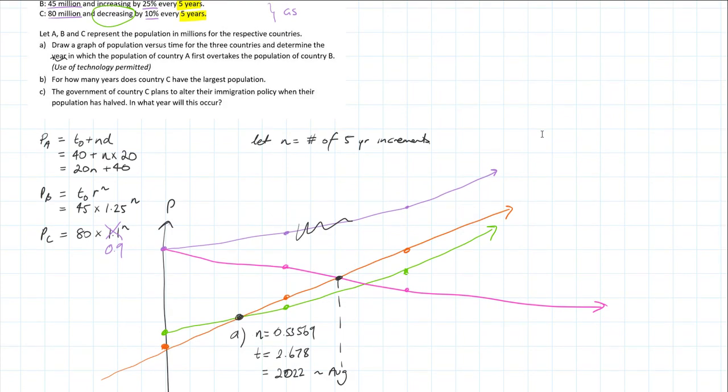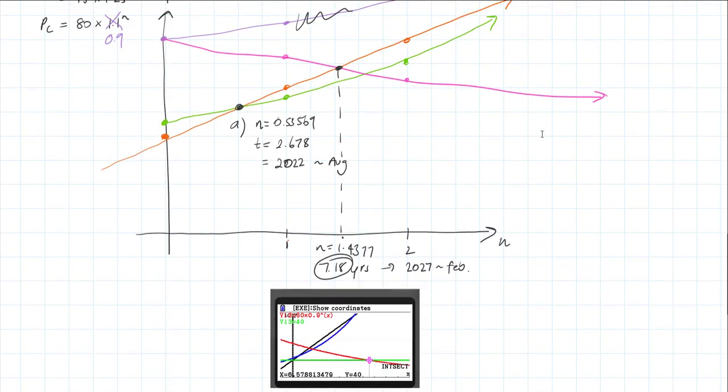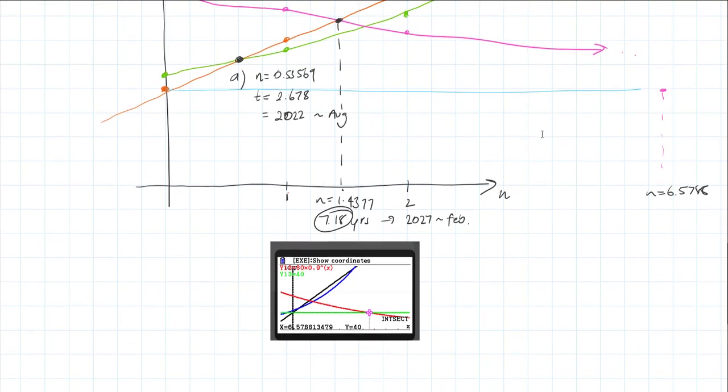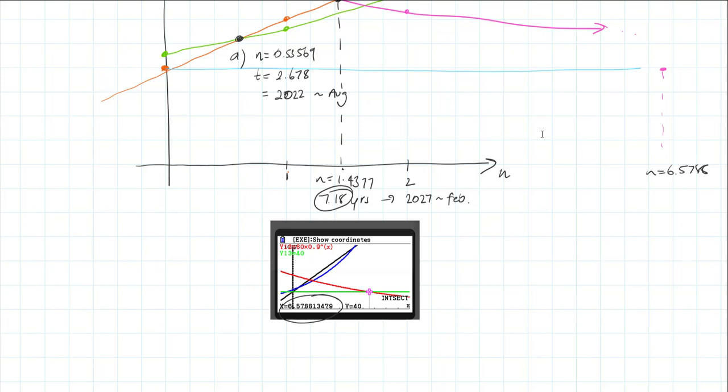Determine the year, so I don't really need the month for A either. And then the last one is, remember I drew that graph at 40, which was this one here, and that pink one obviously keeps on going. So at some point over here they met, and that some point was at N equals 6.5788, you can see down here, and that is time equals, we get that 6.5788 times 5, so it's 32 years time,